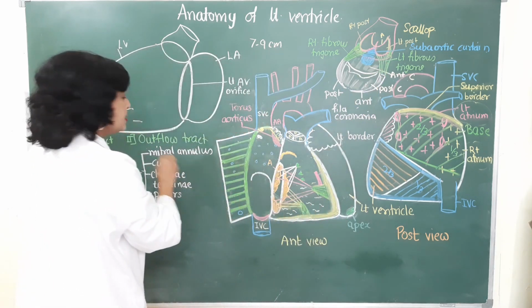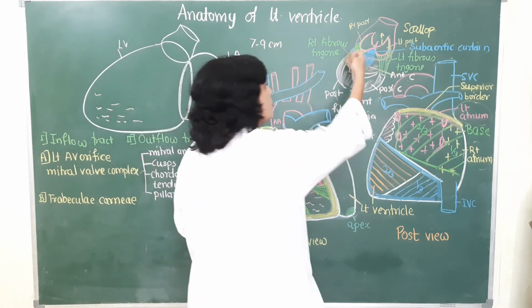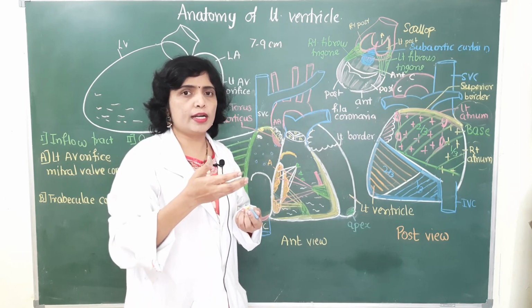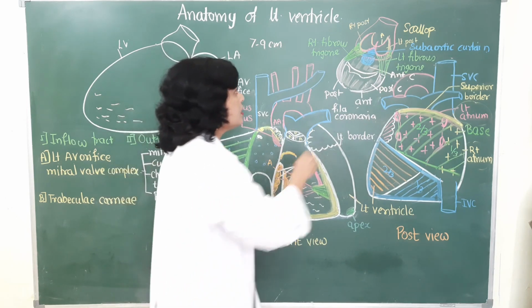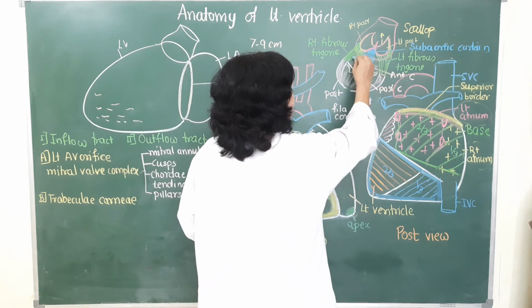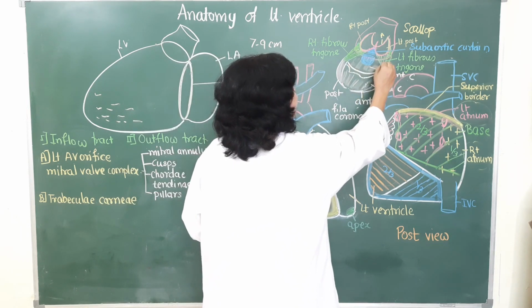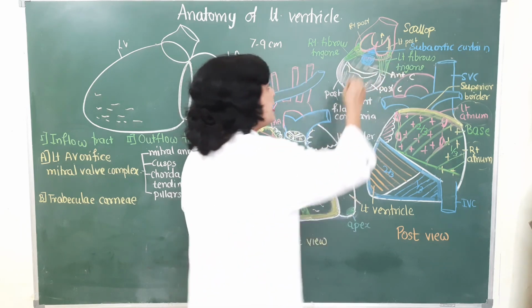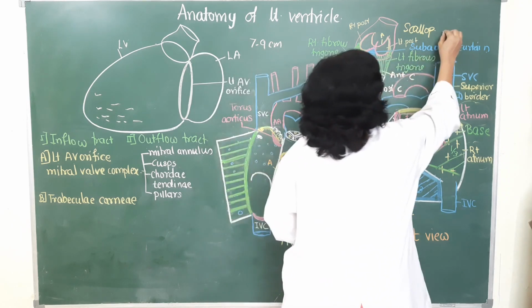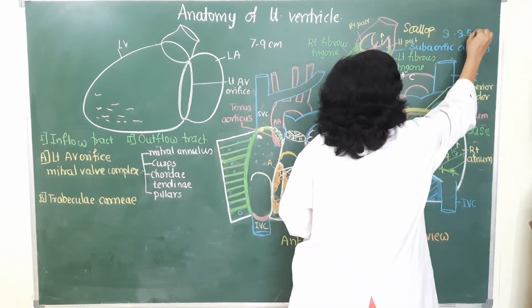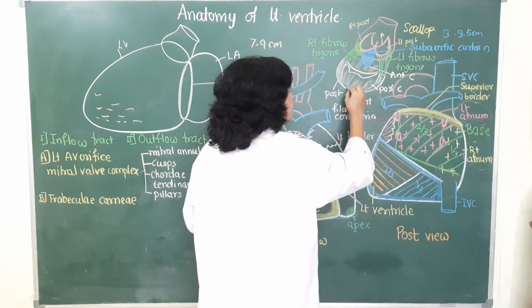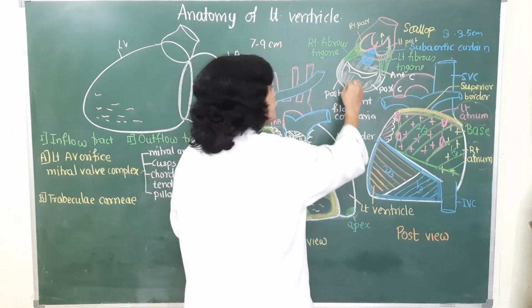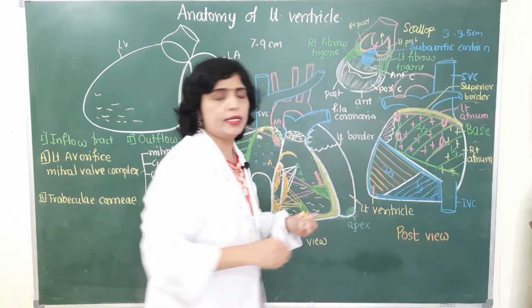Coming to the next, that is a cusp. So there are two cusps in this orifice, anterior cusp and the posterior cusp. Cusps are formed by the reduplication of the endocardium containing the lamina fibrosa. This anterior cusp is attached to the anteromedial aspect of the mitral annulus, which extends between the right and left fibrous trigones, and at the attachment it measures about 3 to 3.5 centimeters, while the posterior cusp is attached to the posterolateral part of the mitral annulus, and near the attachment it extends from 4 to 5 centimeters.